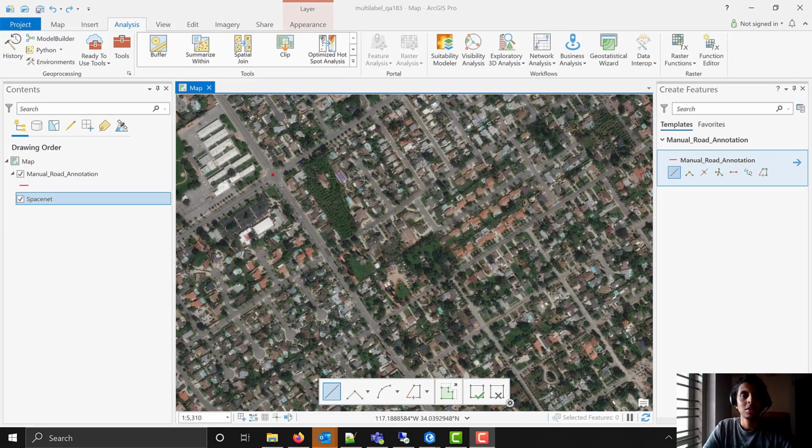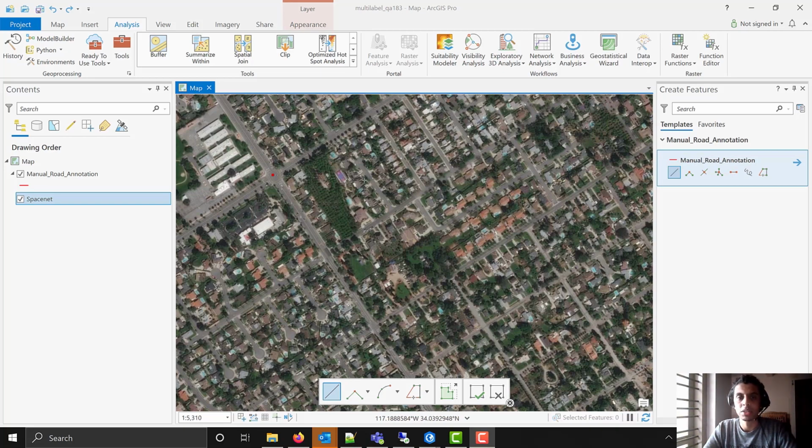Hello everyone. Creating road networks is a required activity in a lot of mapping exercises. It could be transportation, humanitarian aid, disaster management, or base map creation. So it's also a critical component in a lot of other applications as well. Today in this video we are going to talk about the multitask road extractor, which can extract and annotate the roads